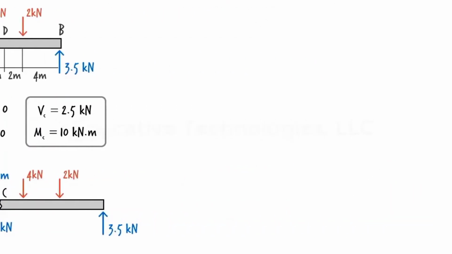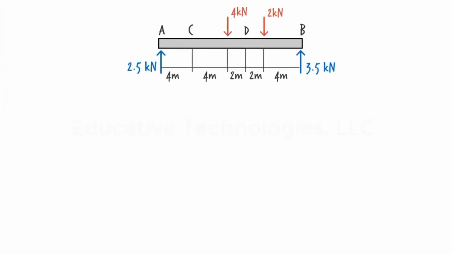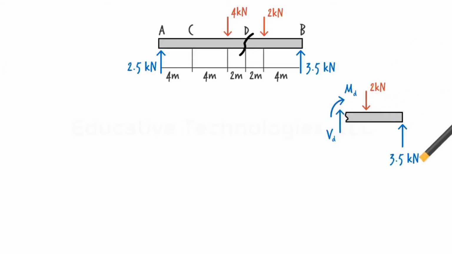To determine shear and moment at point D, let's redraw the beam. Now, cut the beam at point D and draw the free body diagram for either the left or the right segment. Let's pick the right segment this time. Here is our free body diagram. Again, since there is no axial force present on the beam, I am going to omit drawing the internal axial force at point D. Then, the relevant equilibrium equations are